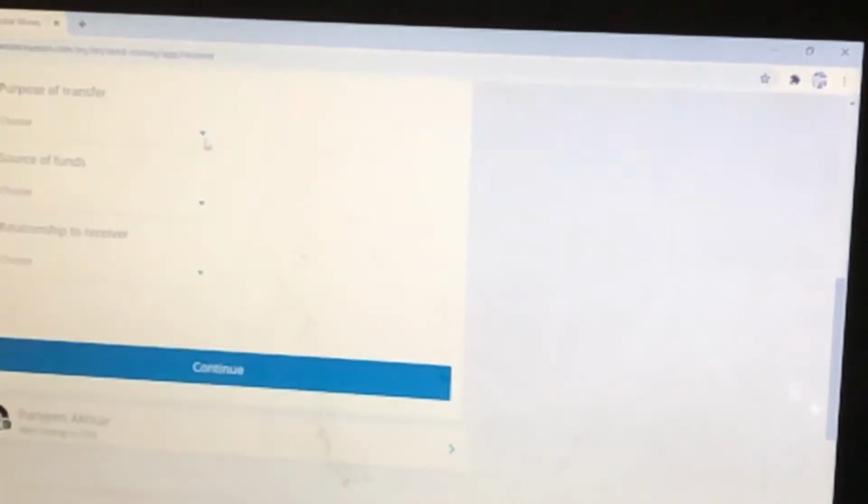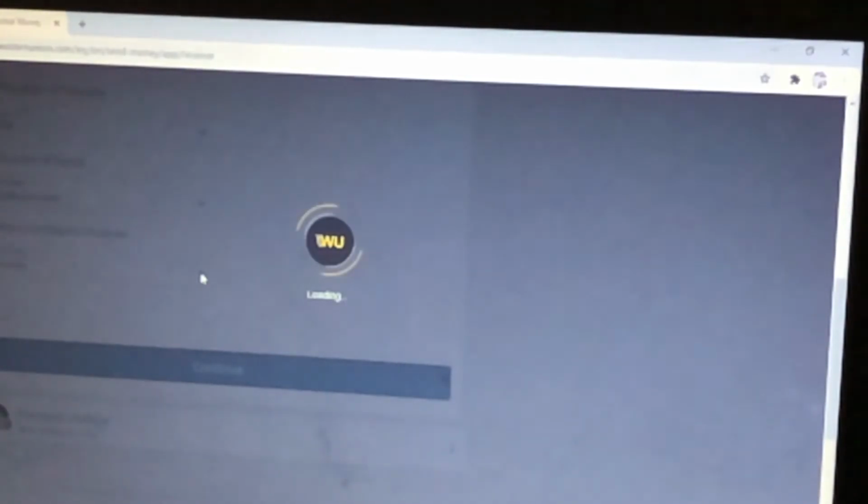It will give me every detail, because I have already sent money previously 2-3 times. It will ask me what the purpose is. I can say gift, it is from my salary, and it is to my family. So I will just select Continue. Once I select continue, it will ask me to enter my bank detail.